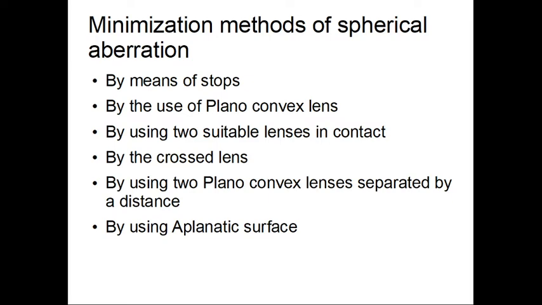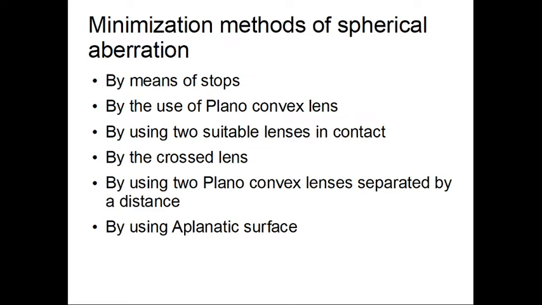Here we have to use the plane surface on the incident side and the convex surface on the image side to minimize this spherical aberration. So the rule to minimize the spherical aberration in the plano-convex lens is that the convex side should face the incident or emergent beam, whichever is more parallel to the axis.